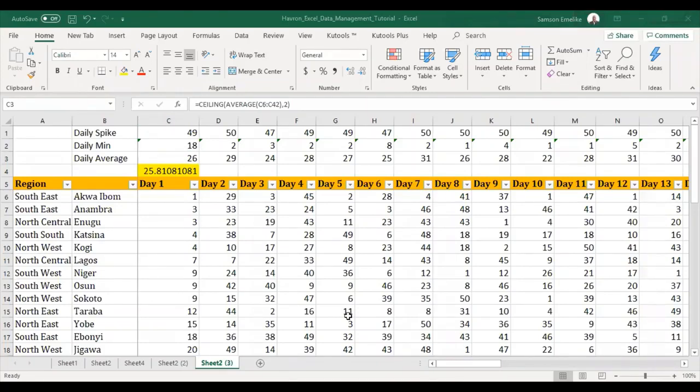Okay, so I'm trying to find out if it is the same thing as significant figure, if significant figure is the same thing as a decimal point. So this has to do with significant point. So if we put 3 here, okay,